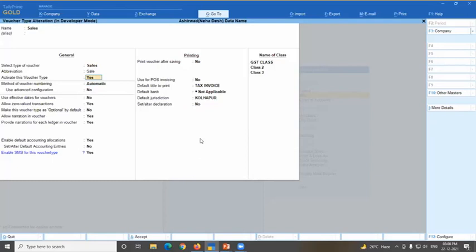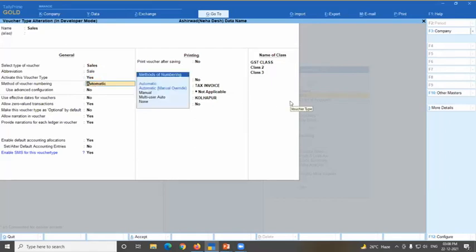So first here in Tally Prime, you have to activate or deactivate any voucher type. In ERP, we had to enable a sales order or purchase order process. But here, there is no procedure to enable or disable a process like purchase order or job work order. Here you have to just enable or disable the voucher type. Okay, here the voucher type is enabled.